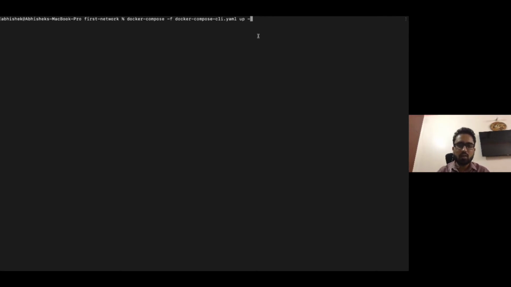If I do not pass -d, then it will print all the logs over here. So I am just going to pass this parameter, and whenever I have to see the logs for any of the containers, I can just use the docker logs command to check the logs for that container.